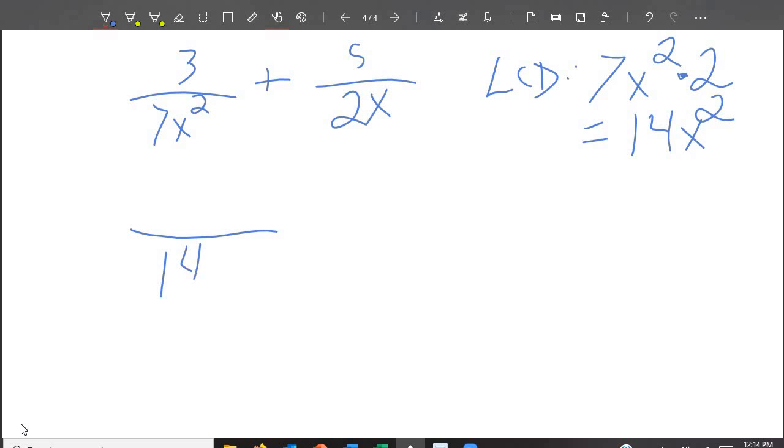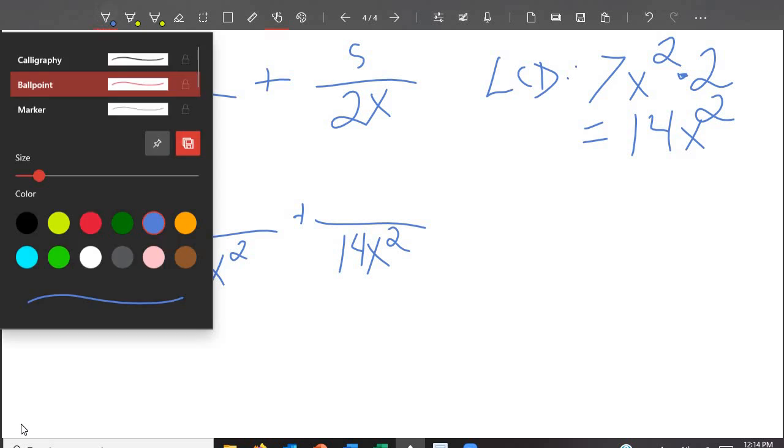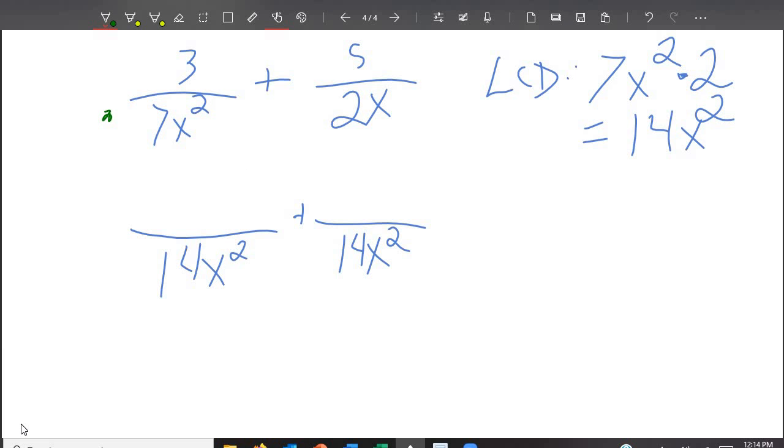That means my two denominators, we've got to rewrite them. Now, you always got to ask yourself, okay, what number times 7 equals 14? Well, I know 2 times 7 equals 14. Notice, though, I had an x squared and I still got an x squared. So my x's didn't change, so we just multiply the top by the 2. Multiply the 3 by the 2, and we'll get